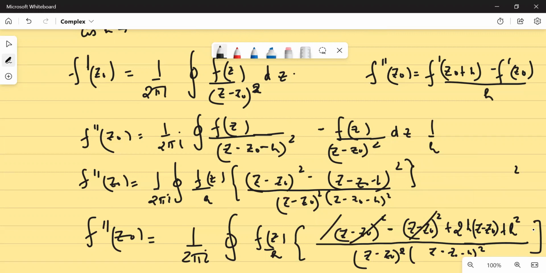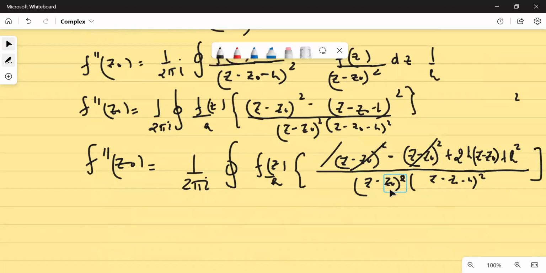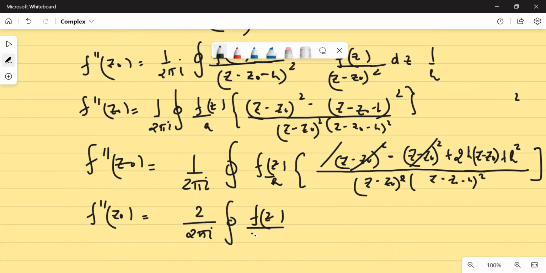Okay, so this gets cancelled, there is an h square, h tends to zero, so h cancels and comes here. This h remains, so this will be cancelled, note this: this h gets cancelled with this, but overall one z minus z naught remains, one z minus z naught gets cancelled with it. So in the remaining denominator you have (z minus z naught) into (z minus z naught minus h) whole square. As h tends to zero this also tends to zero, so overall you would find that your second derivative is nothing but equals 2 upon 2 pi iota integration fz upon (z minus z naught) whole cube dz, okay?